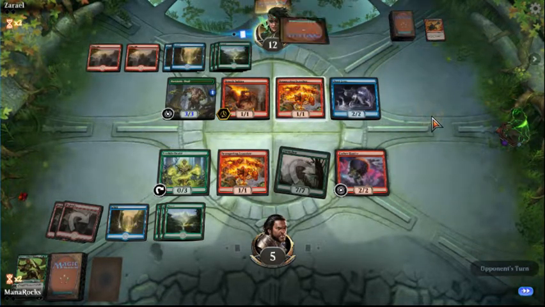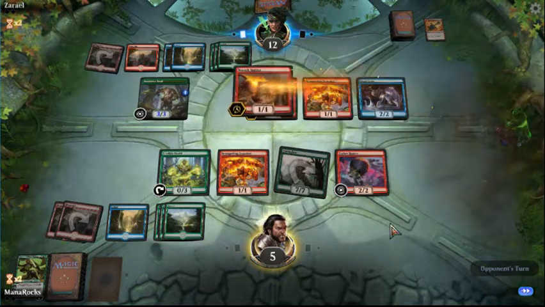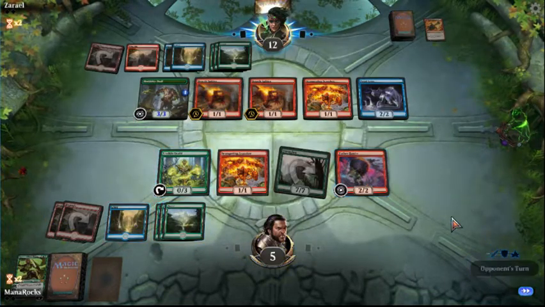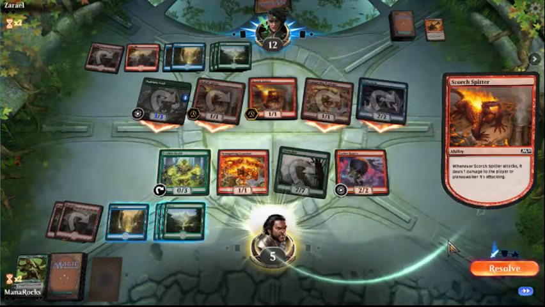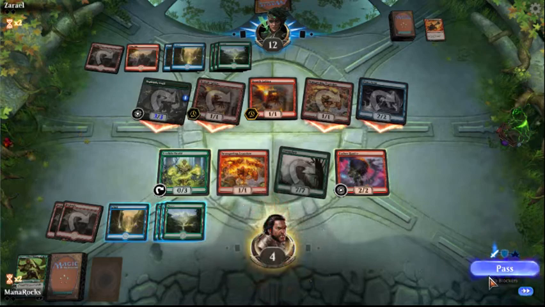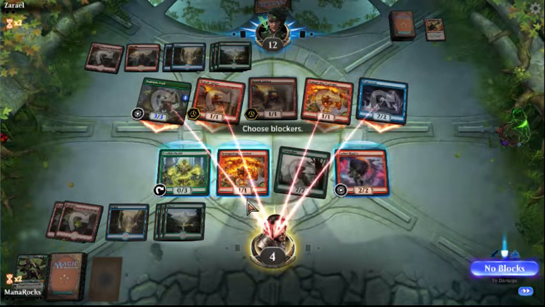Two cards left in hand from opponent. Another Scorch Spitter. Jeez, people are really playing these cards a lot, right? You got to be all in on the synergies for that. I mean, card is not good. Let's see. So, I think we're going to go